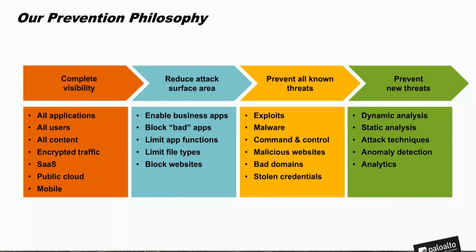We're helping you to reduce the attack surface, right? So to block the bad apps, enable the apps that we believe are safe, but scan those and check those for known and unknown threats. You know,